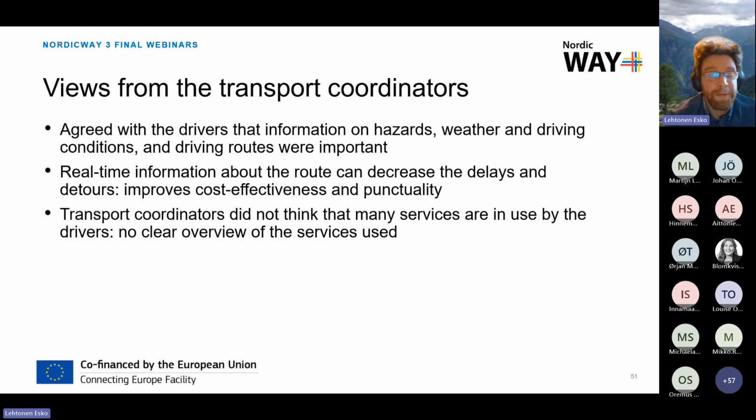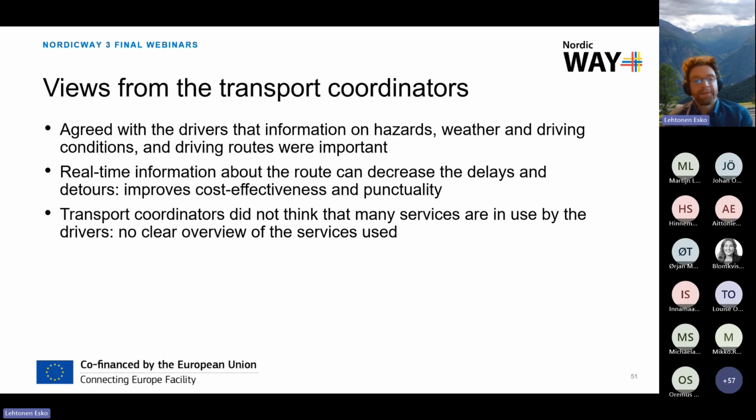For example, if some bridge or tunnel is closed, and that means that the transport needs to take a longer detour, that can be quite bad for getting to the destination on time. If you need to reach a ferry or harbor, for example, so that you can get your cargo on the ship on time, that can be a very bad situation if you miss it.